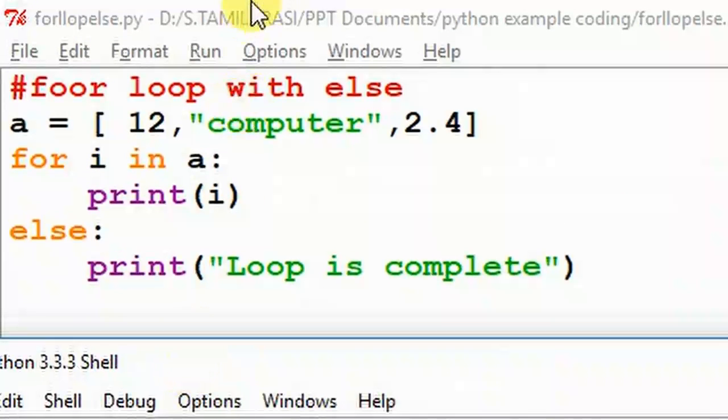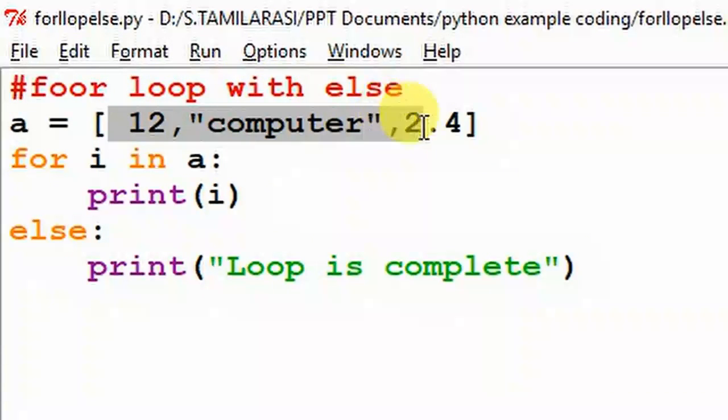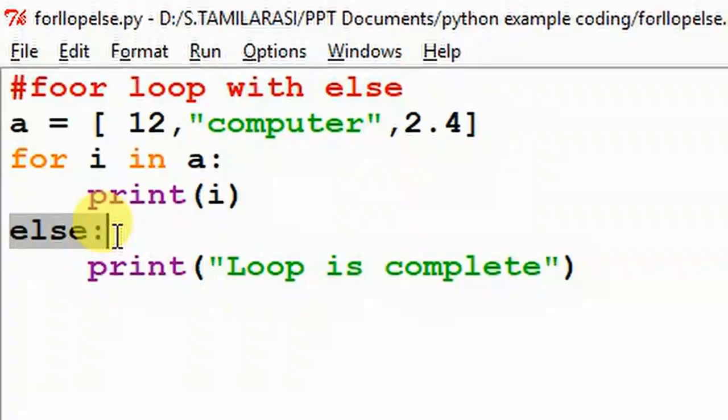I am showing this code: first 12 and all these values are printed one by one. Finally, no value is available in the for statement, and next the else statement works. This shows loop is complete.